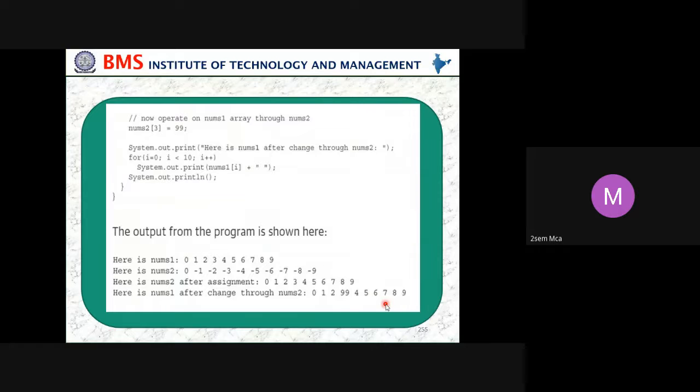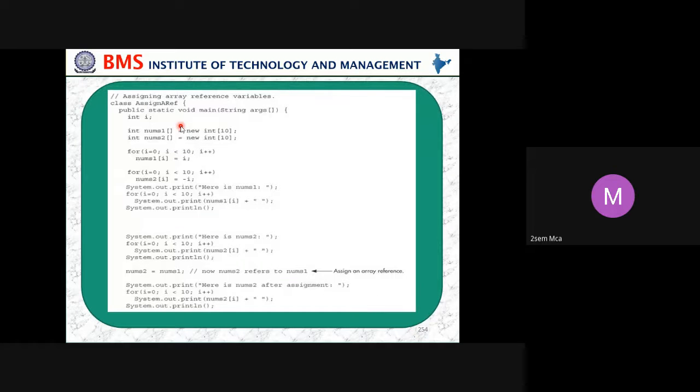So in this program, what we are seeing is that we assign one array to the other array, and we change some value at a particular position. In position 3, I want to change from 3 to 99. You can do it. We can do anything, any position. So here we have changed the third position value to 99. This program shows how we are referring from one memory to the other.